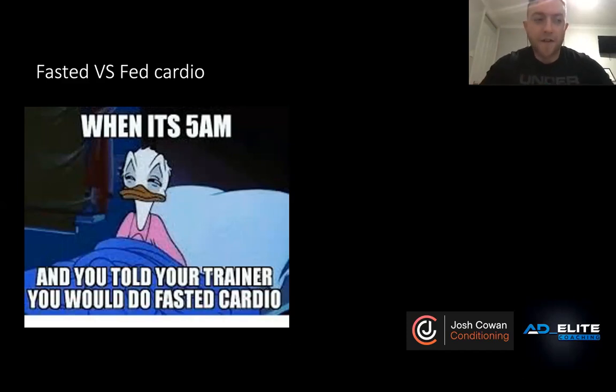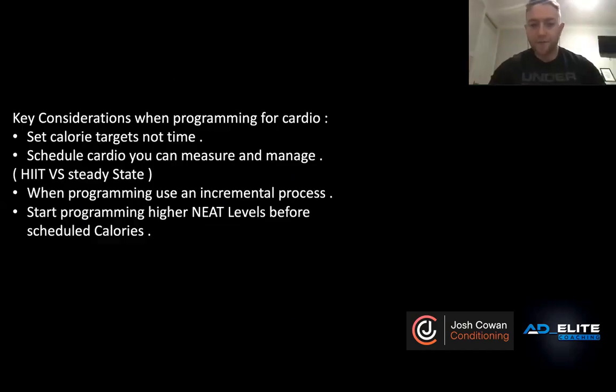In a transformation phase, what we're trying to do is increase the level of fat being burned. So we're trying to increase the level of fat oxidation, not just weight in itself. So just some key considerations, I think, when we're scheduling programming, either for yourself or for clients, is to set calorie targets, not time. I can't tell you the amount of times I've scheduled cardio for clients, and I could say, right, I want you to do 45 minutes this morning,